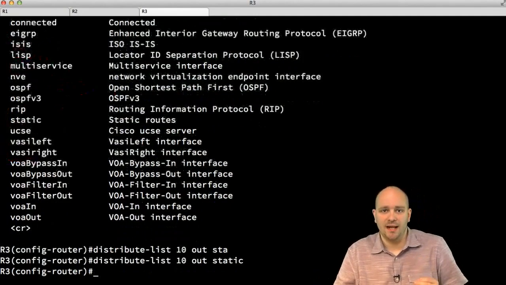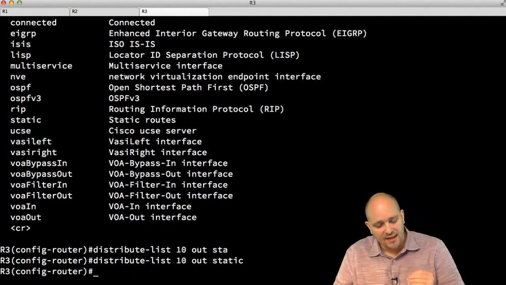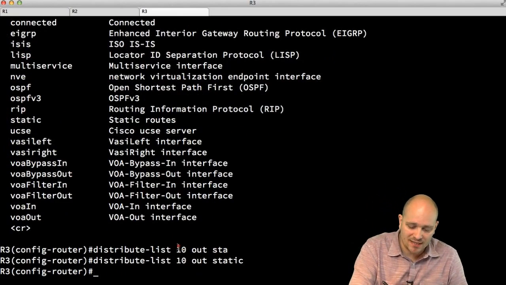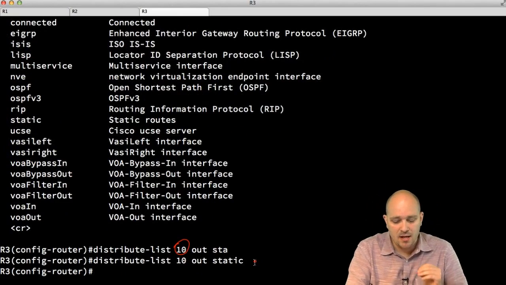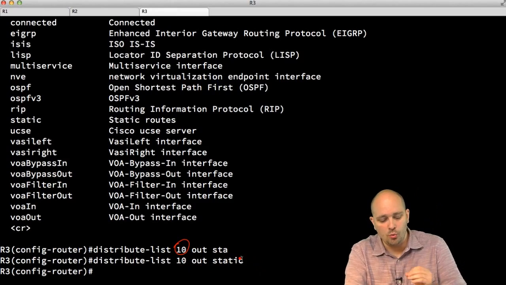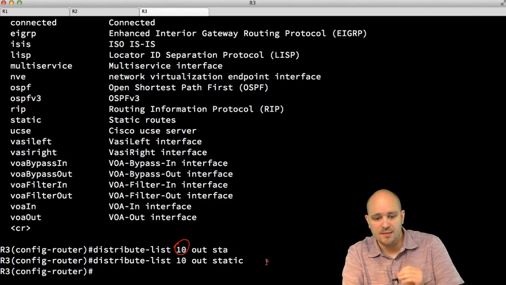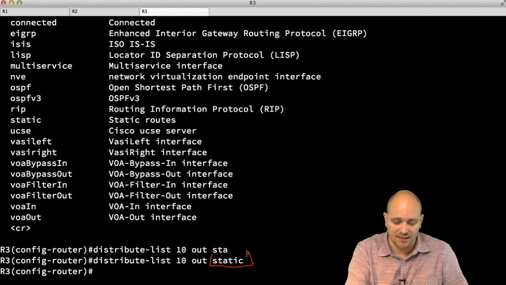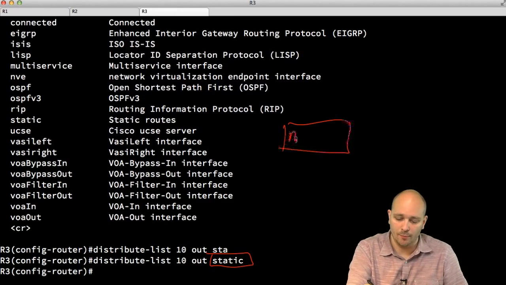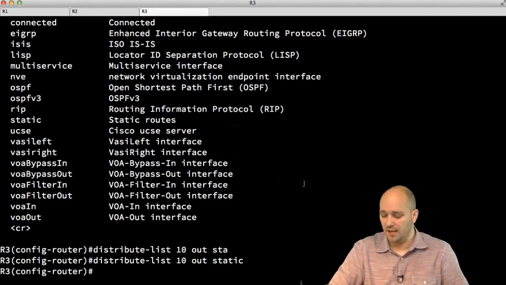Now what I'm telling my router is take those routes that match access list 10 and advertise only those, redistribute only those from the static source. That means in the routing table, match the routes that match the access list 10